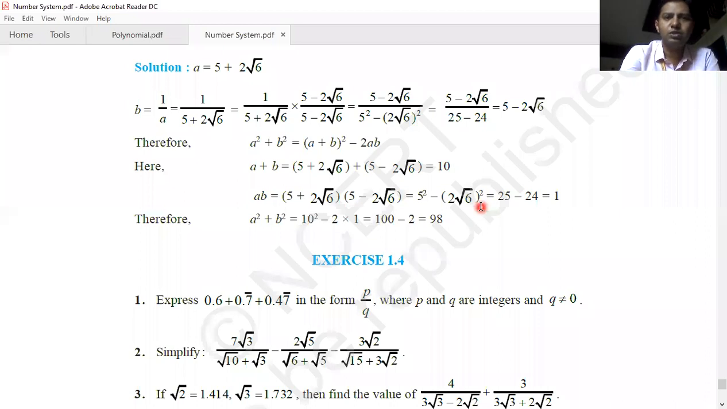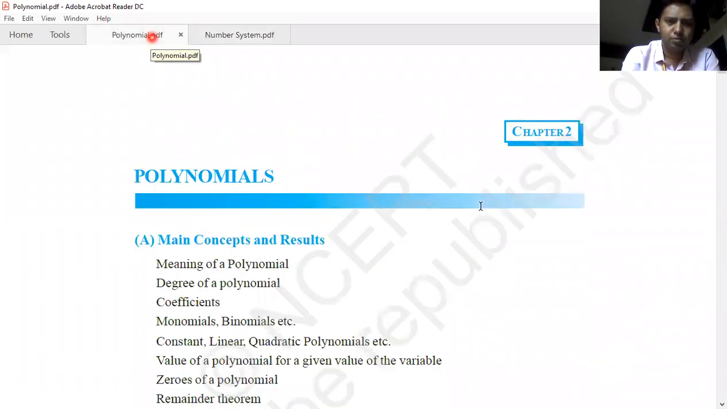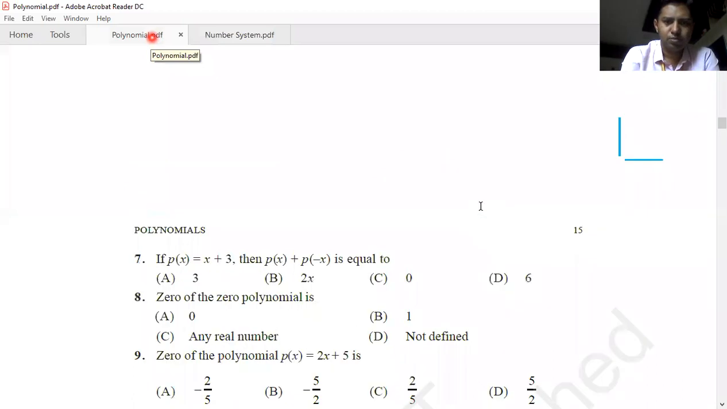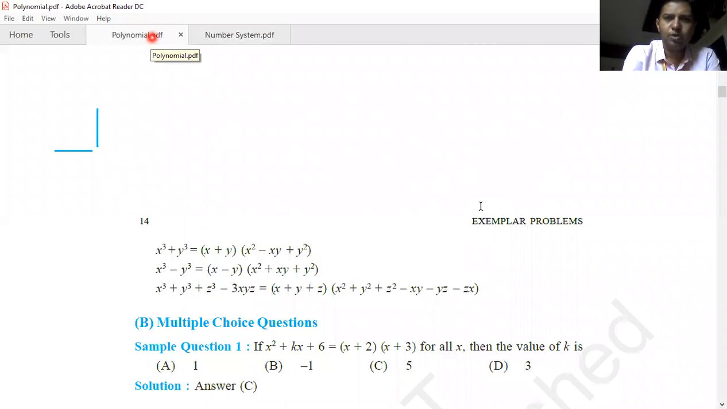Now I'm moving towards another chapter, that is polynomial. So we have polynomial. In polynomials,